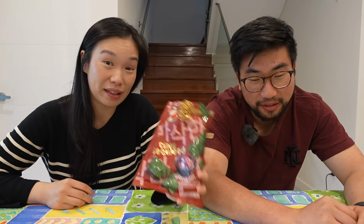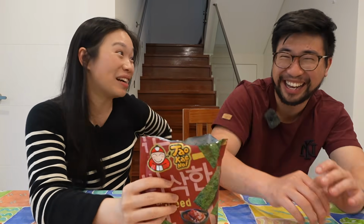Okay, do you want to know a fun fact about this crispy seaweed? Hey, do you want to know? Okay, here's a fun fact about this seaweed. It is grilled at a unique, I'm going to actually